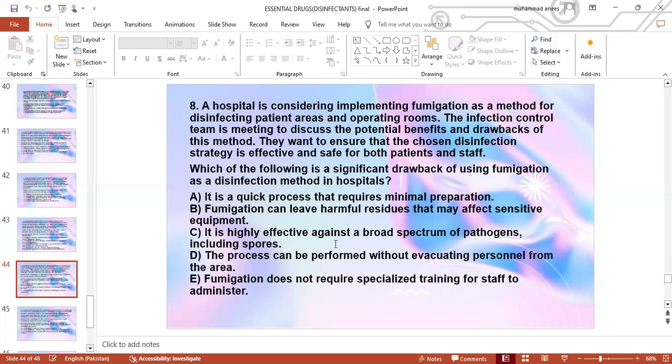A, it is a process that requires minimal preparation. B, fumigation can leave harmful residues that may affect sensitive equipment. C, it is highly effective against a broad spectrum of pathogens, including spores. D, the process can be performed